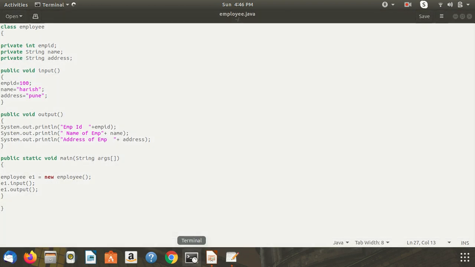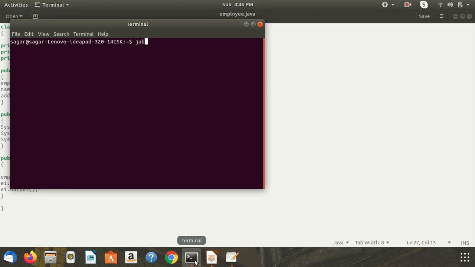Compile the program using javac Employee.java. Now run this program with java Employee. Use the class name only.